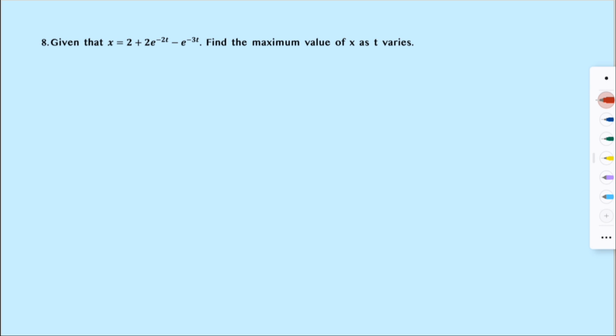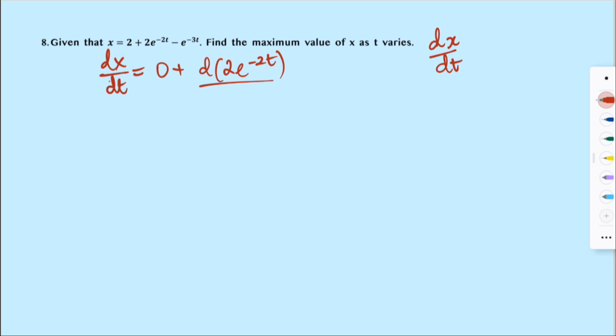For us to find the maximum value as t varies, it means we have to find, first of all, the derivative of x with respect to t, then we substitute it and get the x value as well. dx by dt is equal to the derivative of a number, which is 2, is 0, so 0 plus the derivative of 2e to the power negative 2t with respect to t minus the derivative of e to the power negative 3t over